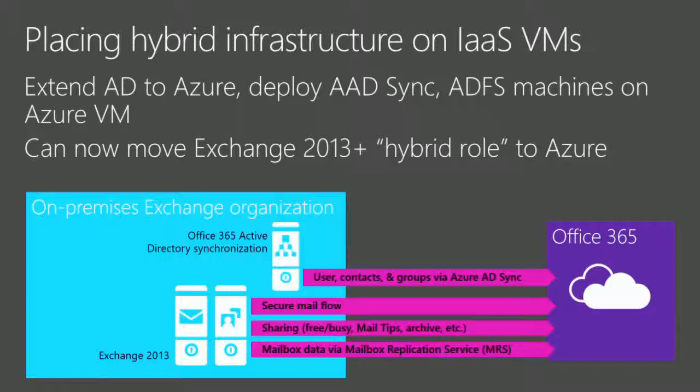Maybe you're doing this because you have line of business applications that need to be able to send mail to your users on Office 365, and you want that on-premises SMTP endpoint that will then handle that secure message traffic into Office 365. That's one potential possibility. Maybe you actually have mailboxes on premises, and you're fully hybrid, but you don't want to have that hybrid role infrastructure on-prem. We actually get that request fairly frequently. You can now do that in a supported way here. Just keep in mind